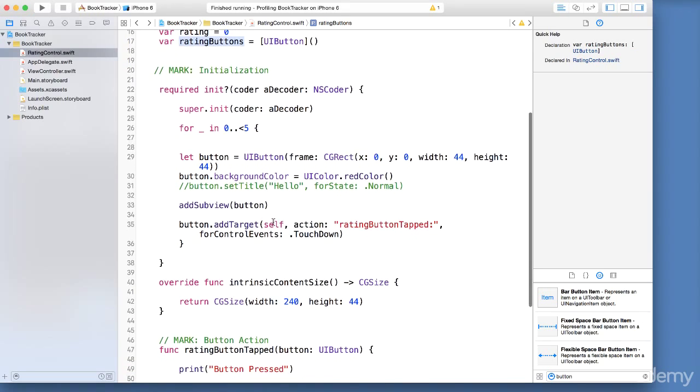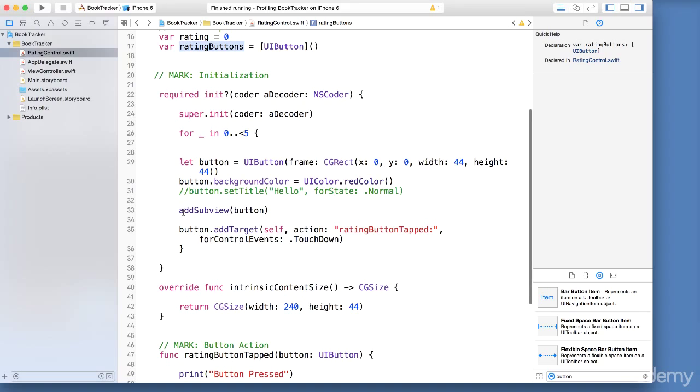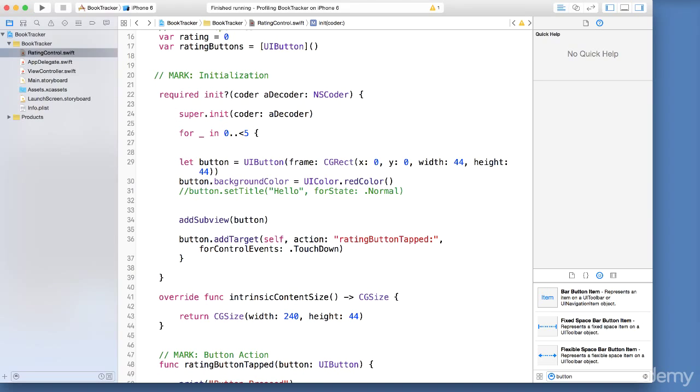So now we need to use that because we need to put all of the buttons that we're creating inside of our array. So right before here where we actually add the button inside of our subview, inside of a view, we need to add this button each time it iterates through. We need to add the button we're creating, this button here, into our rating buttons array.